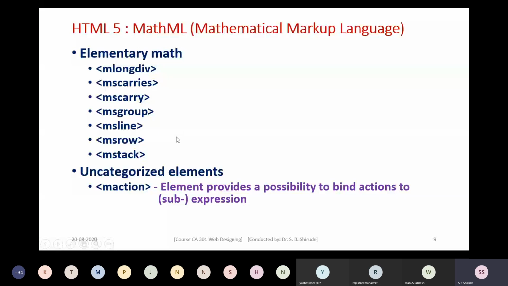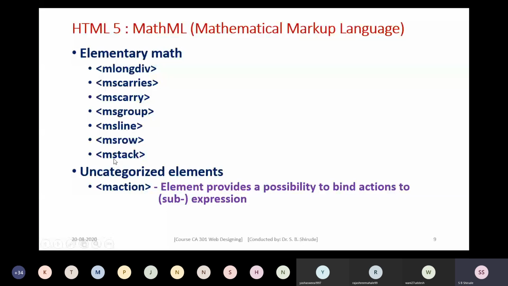When you consider that a particular element will be part of a stack, to be retrieved later when you want to store it for some time, that type of element you can put in the mstack element.